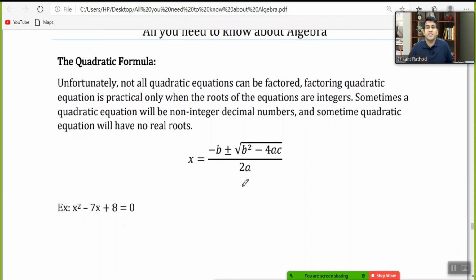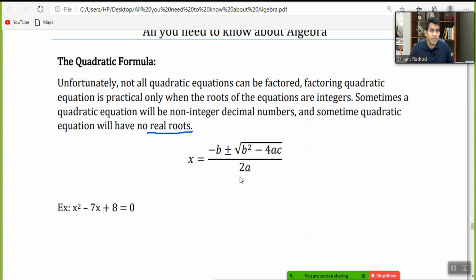Okay, the quadratic formula. Unfortunately, not all quadratic equations can be factored. Factoring a quadratic equation is practical only when the roots of the equation are integers. Sometimes a quadratic equation will have non-integer decimal roots, and sometimes it will have no real roots. So in that case, we have to follow a rule called the quadratic formula, and this is how we write it: x equals minus b plus or minus square root of b square minus 4ac